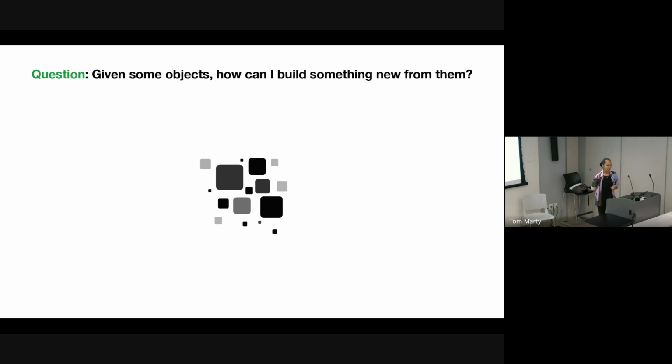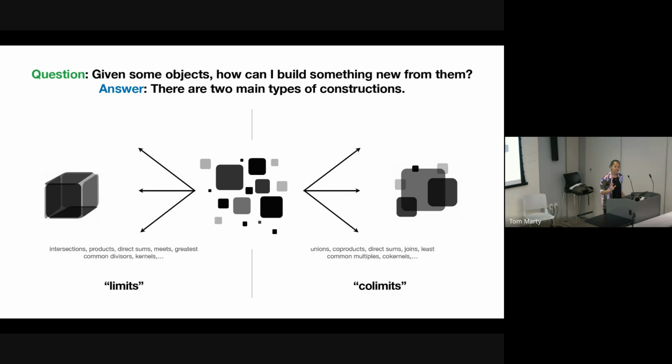So quite often in mathematics, you may have a bunch of stuff, vector spaces, sets, whatever, and you say, okay, given this collection, what are some ways that I can build new things from them? If you have vector spaces, maybe you take their Cartesian product, direct sum, whatever you want. Like, how do I get a new vector space from existing ones? If you look across the mathematical landscape and you look at all of the ways that you can construct things, it turns out they really fall into two, I was going to say categories, but like two buckets,